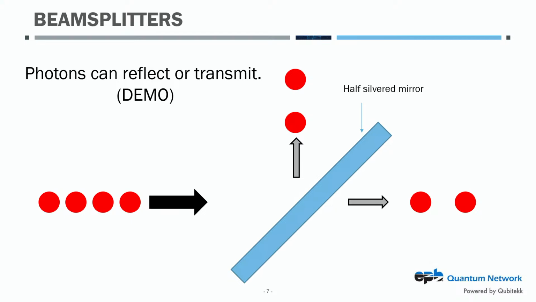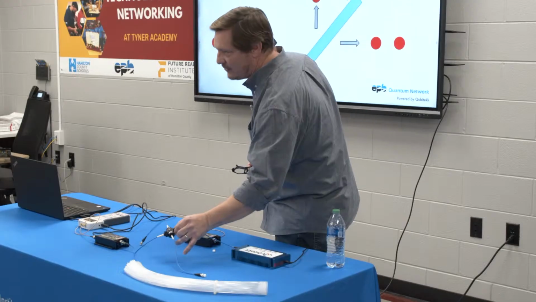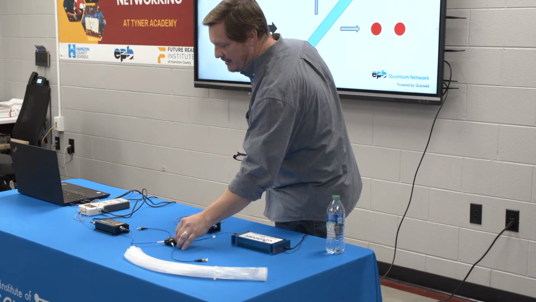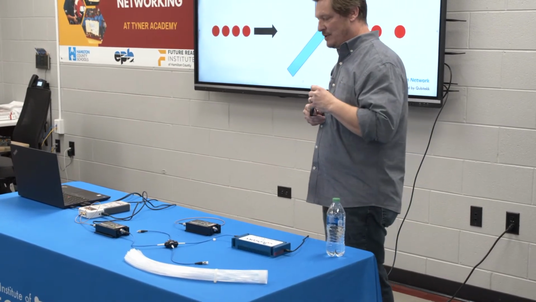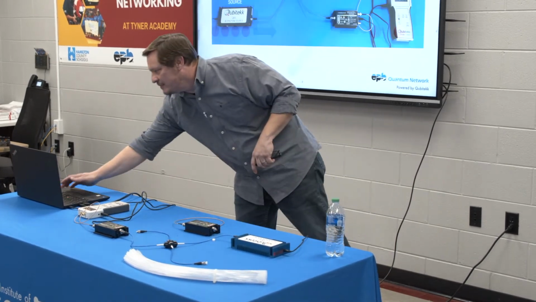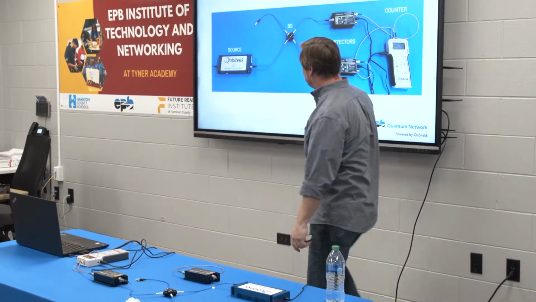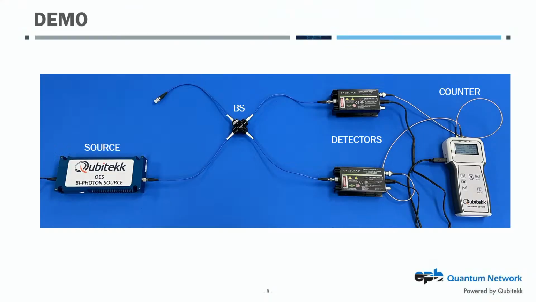And I've got one right here that I've already hooked up. I've looked at one arm already, and I'd like to just run my light through that again. So we're going to have this set up on the table where my source is producing the photons. They're encountering this beam splitter, a 50-50 beam splitter. Half of them are going here and half of them are going there. And now we're going to monitor what we're seeing at each channel on the counter. So I'll hook that up next.